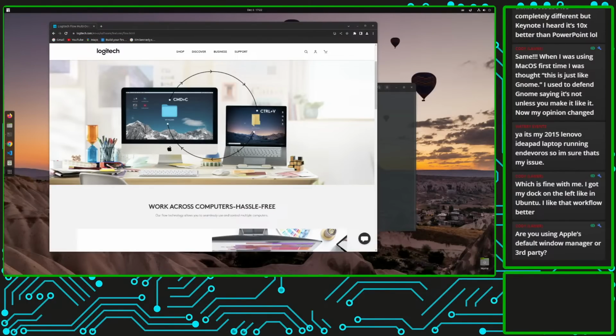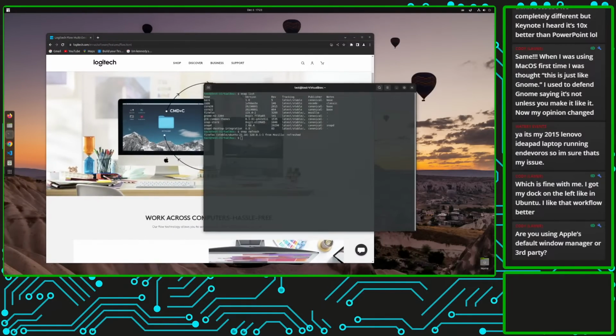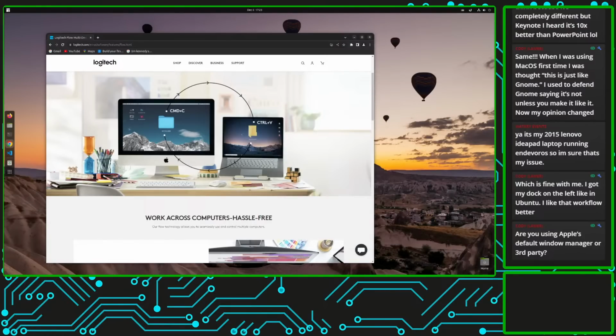Nope, I just use everything stock Apple. I have a video where I talk about the programs I use. I don't use a lot of extra programs with macOS. You know, I use iStat Menus and all those normal things everyone else is using. But I have a video recorded that I need to edit about the programs, and some of the programs I was using in 2008 when I was a Mac user back then also, and they're still around and kicking and updating. It's funny to think about. There are a few programs I used over 10 years ago, and they're still on macOS and being updated by the developers. It's a nice thing